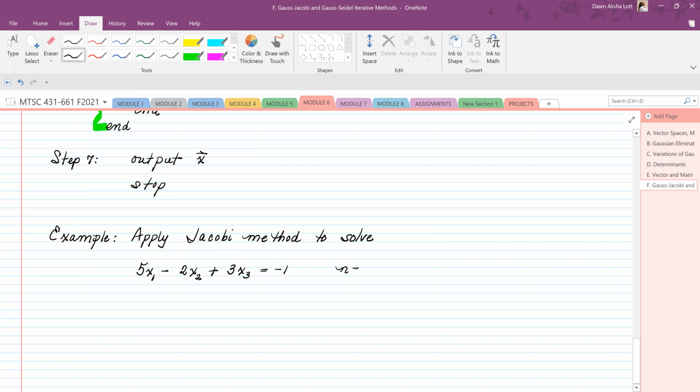So here little n is equal to 3 because A is 3 by 3. Minus 3x1 plus 9x2 plus x3 is equal to 2. And then 2x1 minus x2,